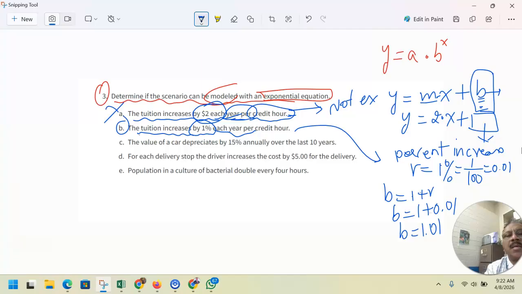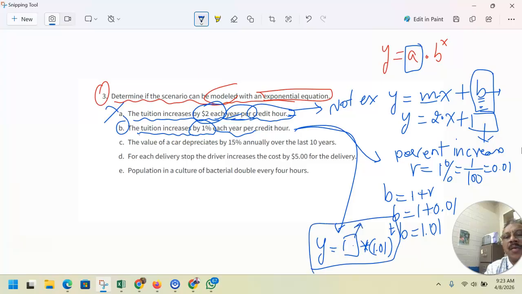So when you create an exponential model, this will be what was in the beginning, which we don't know. Whatever that a is, this is that a. And then every year it grows by 1%. That means the b is 1.01. And the t stands for how many years since the initial year, with the initial dollars per credit. So yes, it is exponential. The next one,